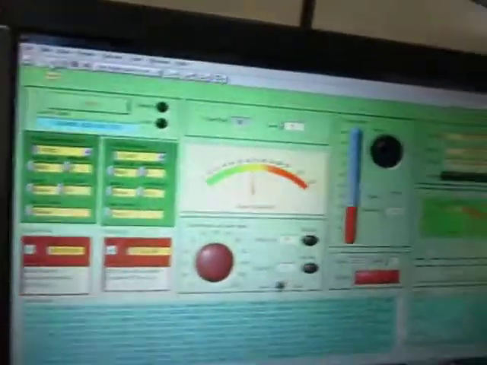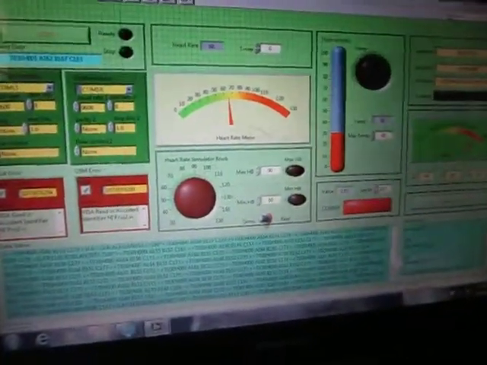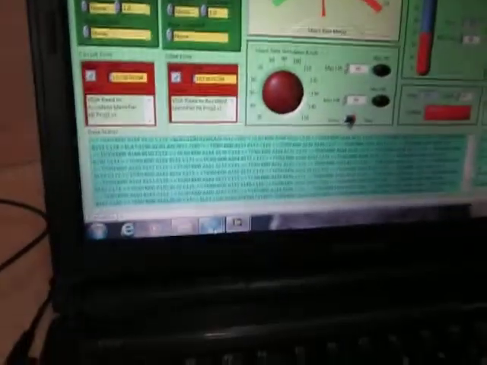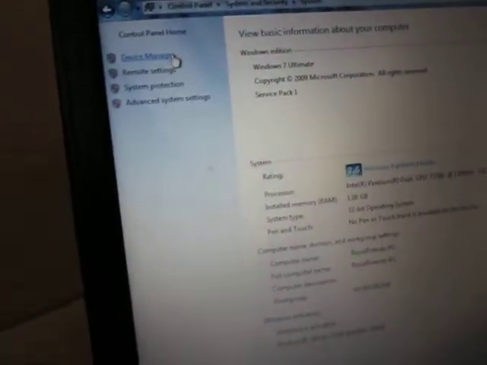Prior to getting into the functionality of the entire system, we have to configure the hardware and software. First of all, interface the hardware with LabVIEW software through serial port, RS-232 to USB converter, by installing the corresponding driver software and configuring it in the Device Manager window.